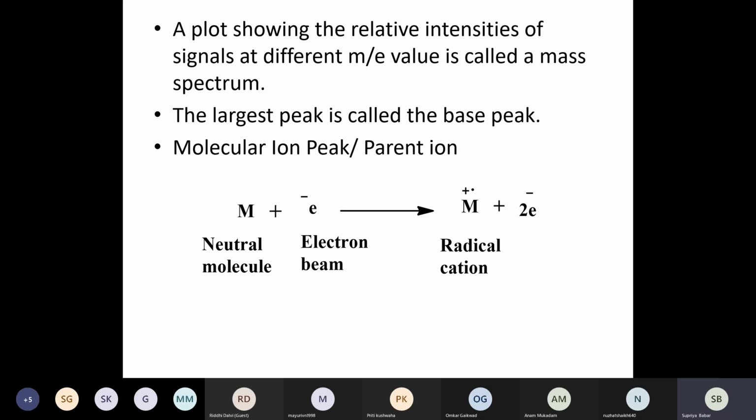The lowest ionization potential will be of the electron for which very little energy is needed to remove it. What is the ionization potential? The energy required to remove an electron from the outermost shell. So the electron of the lowest ionization potential will be removed